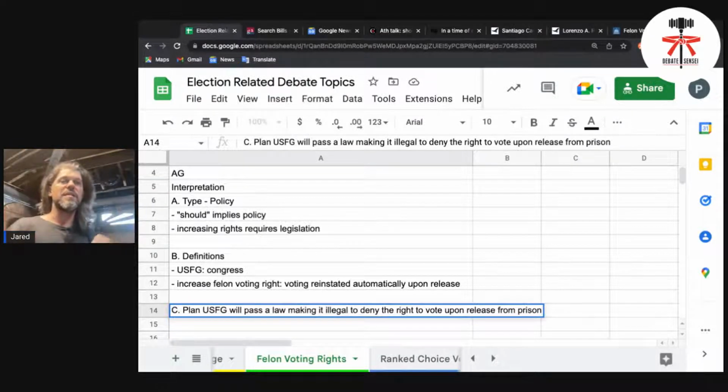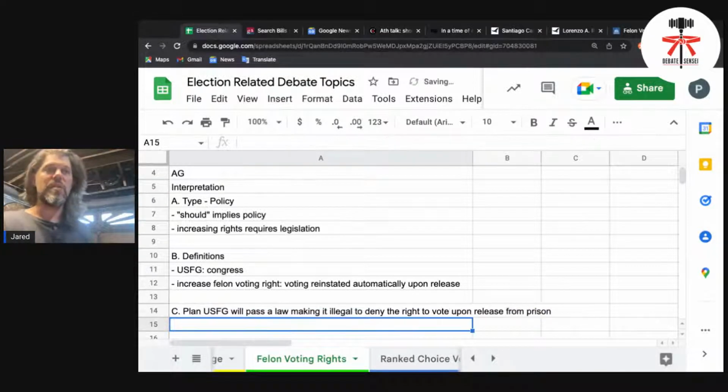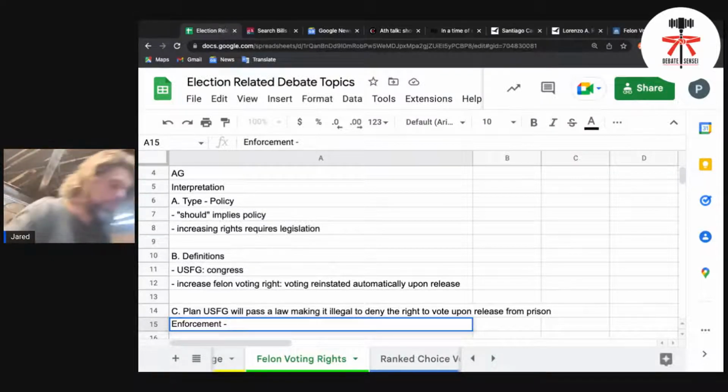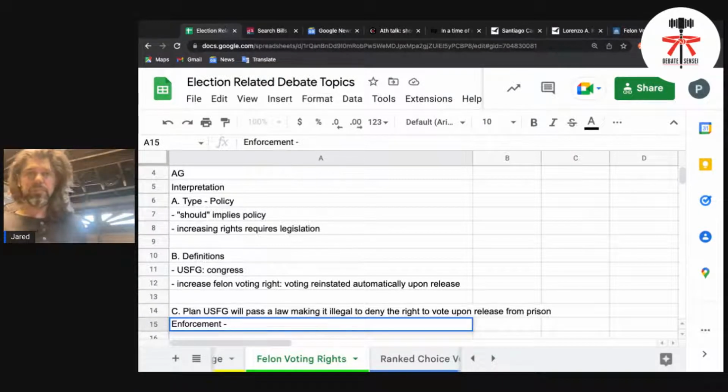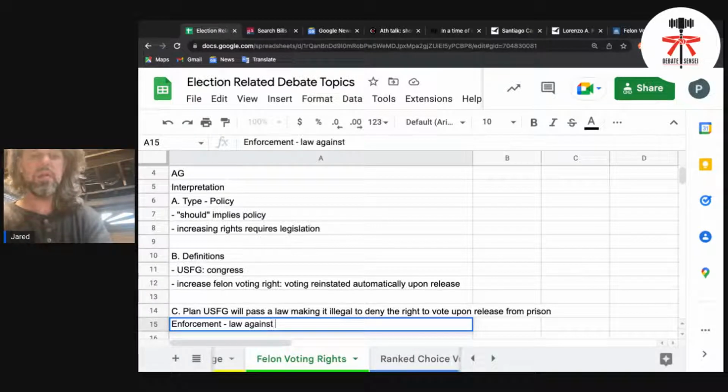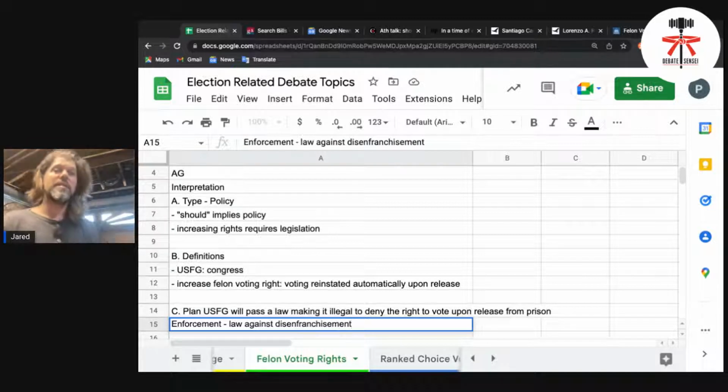So this is your plan. The United States federal government will make it illegal to do that. Now, there are some things in the plan you might want to explain in enforcement. All right, that the law against